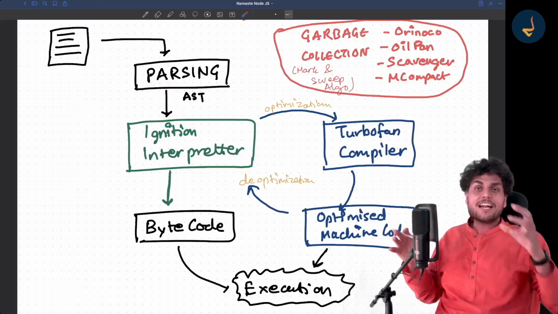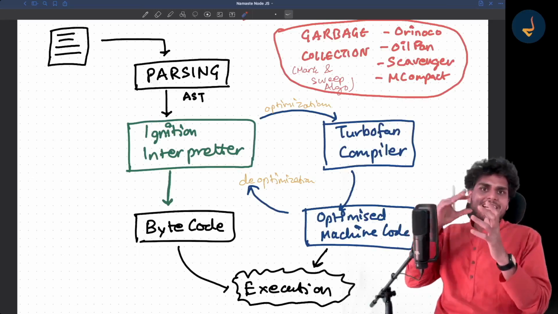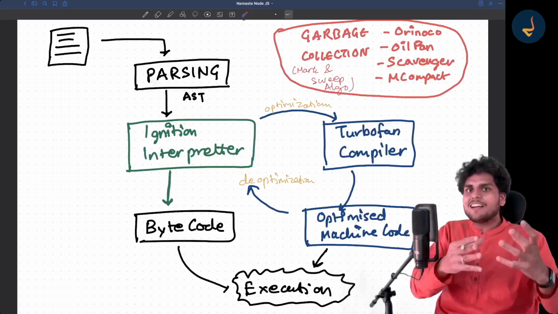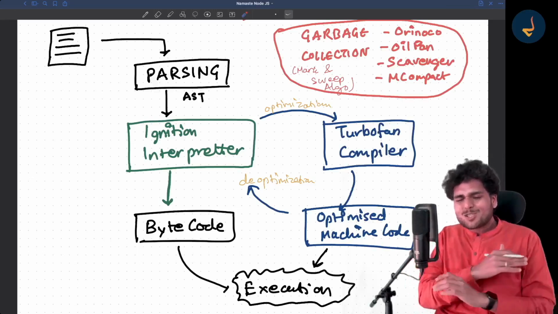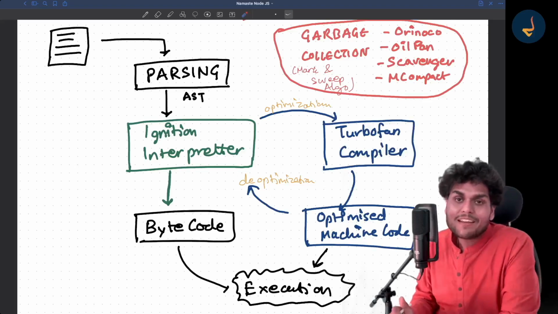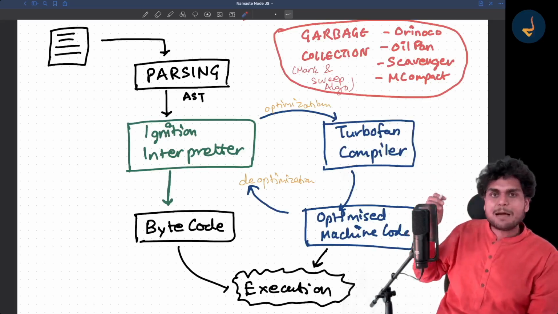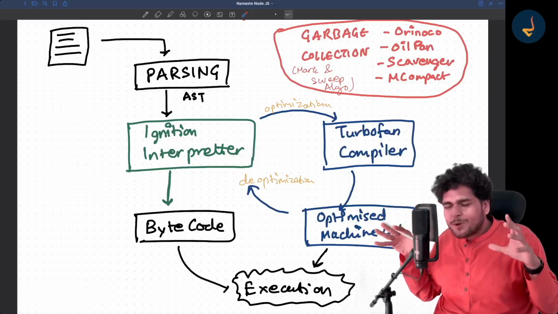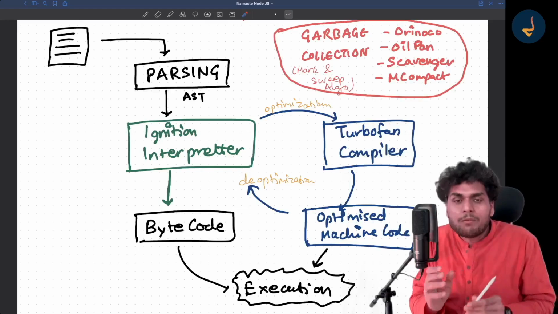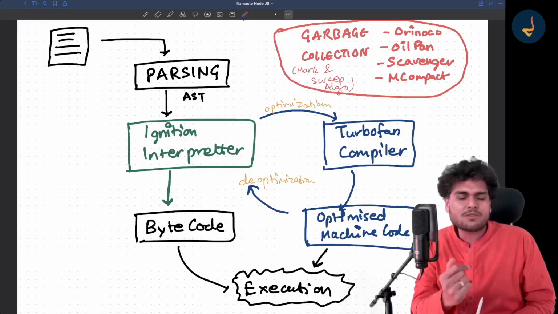That code is broken down into tokens, then those tokens are converted to an AST, that AST goes to the interpreter which converts it to bytecode, then the bytecode is executed. So many things are happening, and in between the compiler is working, in between garbage collection is happening. Whenever you run the code, there are so many things that your computer is doing, and it is doing everything in just a fraction of a second.